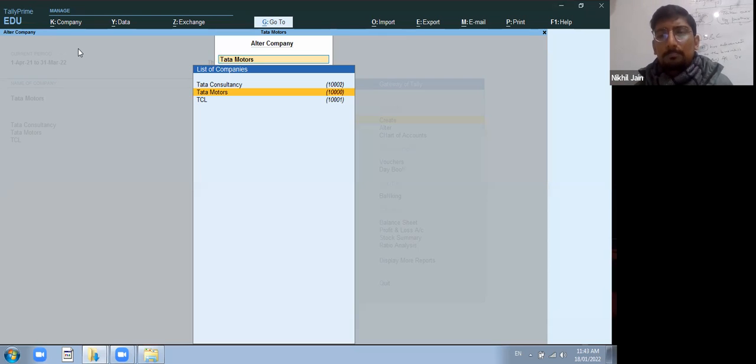Then step 2, select alter. Write down step 2, select alter. Okay. Now when we select alter, again the names of the companies will appear in which we have to make the alteration. So step 3, select the company